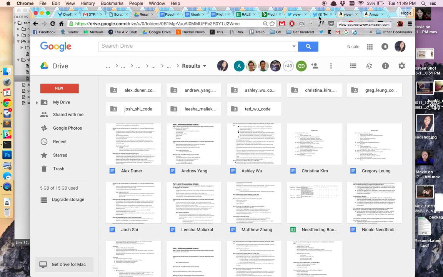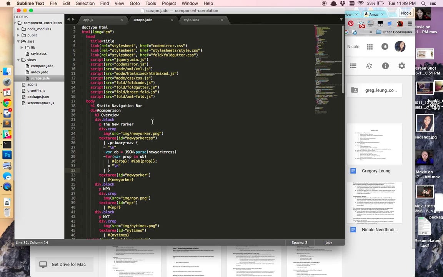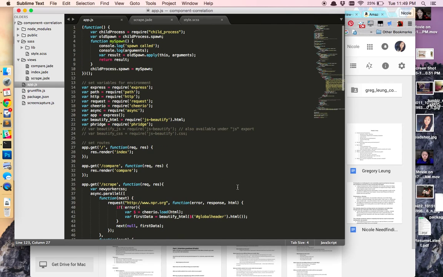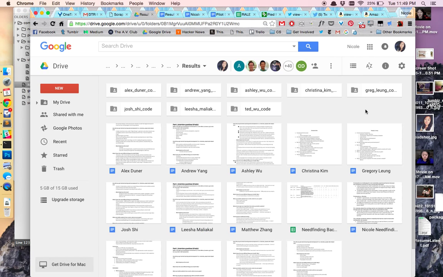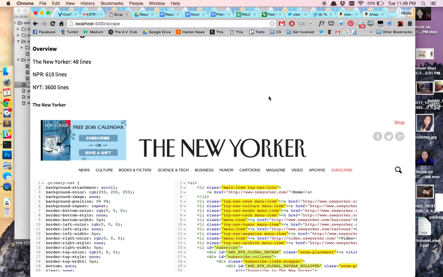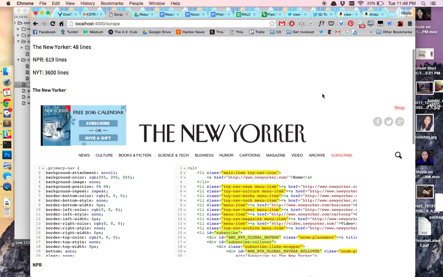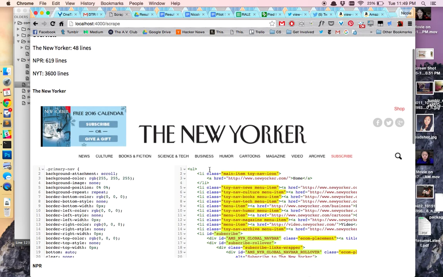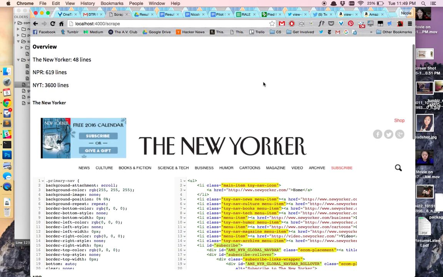So what I ended up building is a Node app that uses Cheerio and Fridge to scrape HTML and CSS of components across several websites, and uses CodeMirror and regular JavaScript for layout and just extracting some high-level information about each of these sites' implementations. So what I've done here is just have